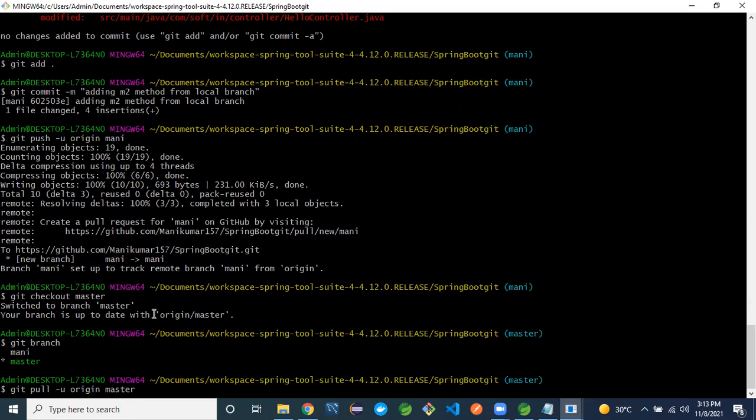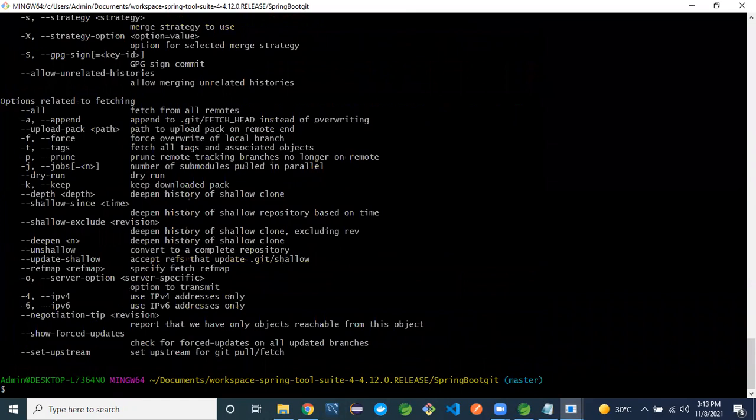Currently the master branch is available, so origin master is not required, not an issue. You can just press enter also, no problem. It will pull the code fully. Now we can delete the branch. How to delete a branch?